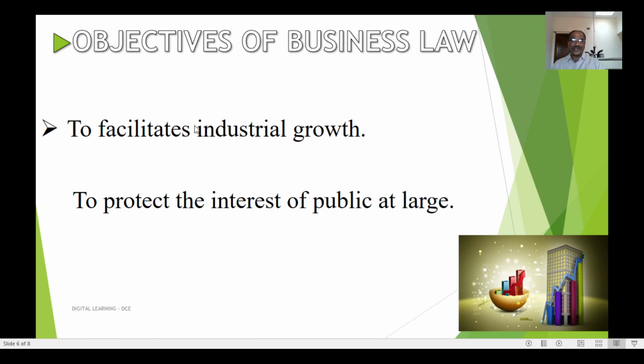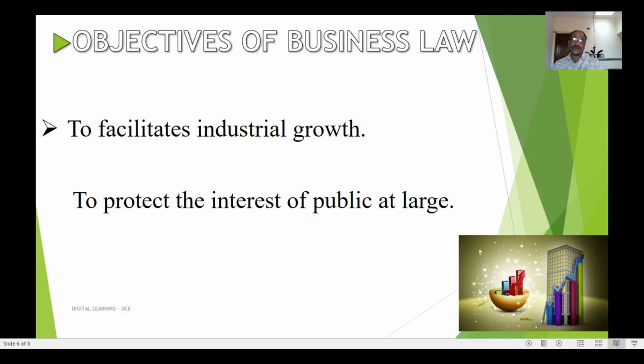So therefore, industrial growth is possible, industrial development is possible. Say, for example, the localization of industries is possible, and there are some laws which specify that particular businesses be established in a particular area only. Take for example, there are industrial hubs, industrial estates, and special economic zones. There is a separate law relating to those, and small and medium scale industries are to be established in particular industrial areas only.